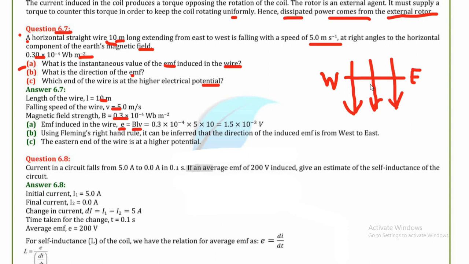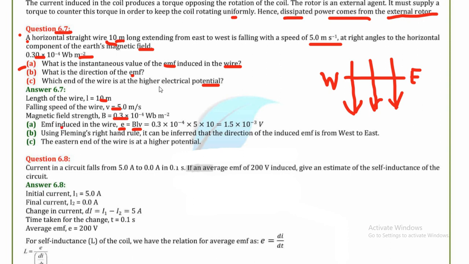I hope you all derived that formula, and we have also revised that formula. Okay, so this one is the topic related to the motional EMF when a wire is moving in a perpendicular magnetic field. Then the induced EMF at the two ends of the wire is given by E is equal to B, that is the magnitude of the magnetic field, L, that is the length of the wire, and V, that is the velocity of the wire. So you can directly use this formula and you will get the answer of the induced EMF.